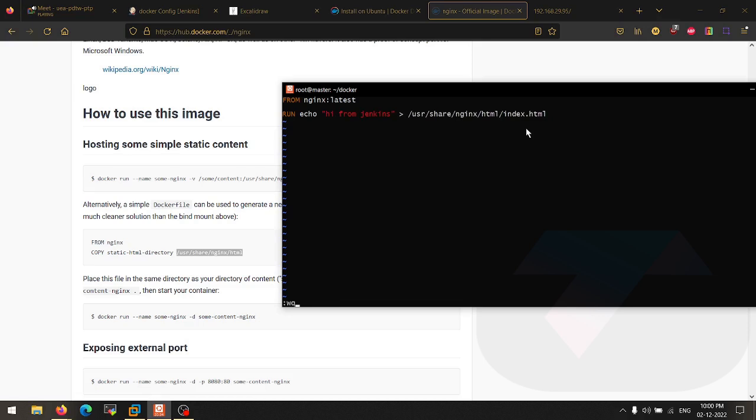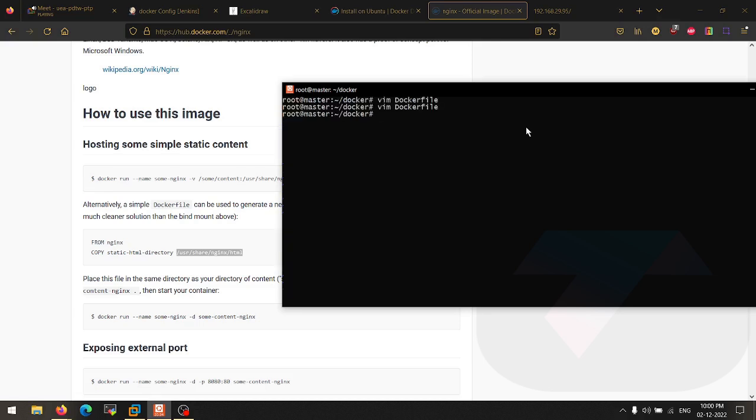Now the lines of code inside the Dockerfile can be huge. It's not only two or three lines. You can create multi-line, multi-stage Dockerfiles. It's a huge concept, so you guys can check the documentation for the Dockerfile as well. Again, it's practice work that you can do. But this is the basic look. First, I'm using FROM to define the base image. I'm going to use the Nginx image to build my image, and I'm going to execute this command inside that image. I hope you guys got it.